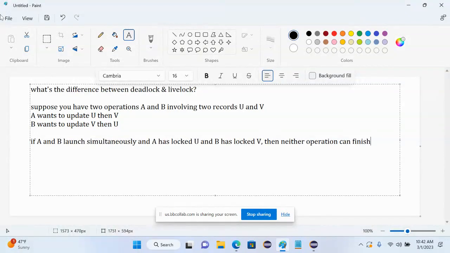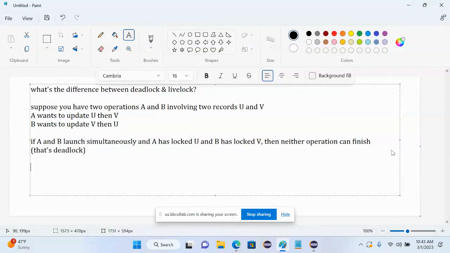Now again, if you're doing this sort of thing with isolation, if you're saying either A has to happen first or B has to happen first, right? Yeah, you're probably not going to have that sort of situation happen. But the problem there is, of course, you have to apply that to every transaction. Every database operation has to happen sequentially, which again, in a very large database, is going to slow things down quite a bit. So you always have options of what might go wrong. All right. So, that's deadlock.